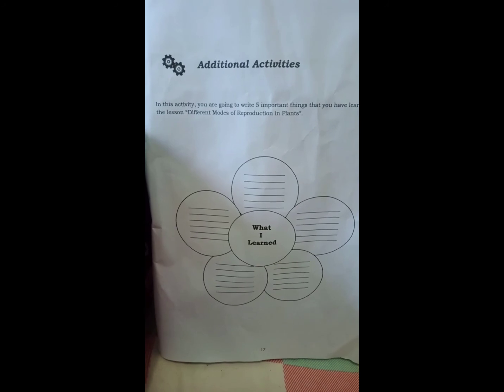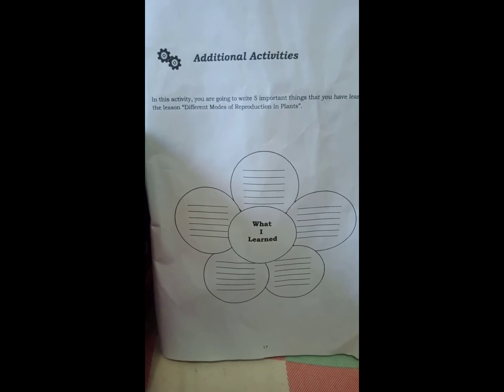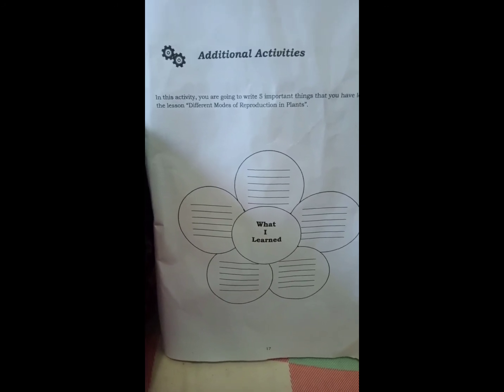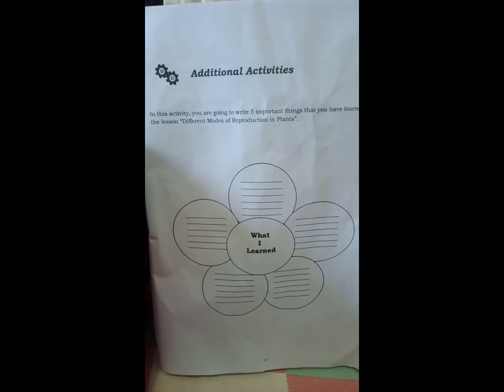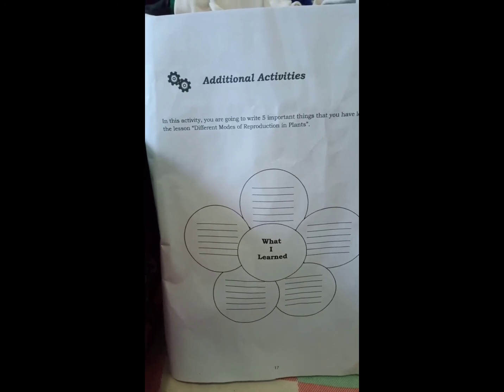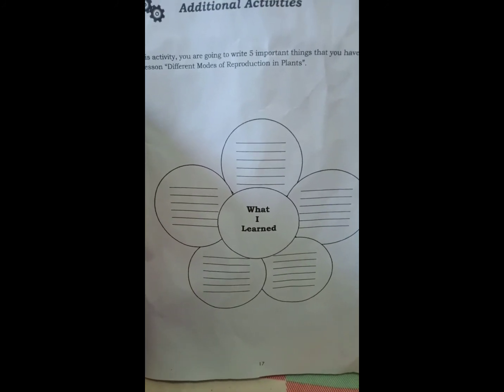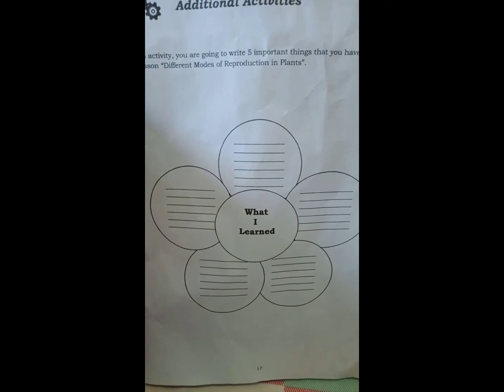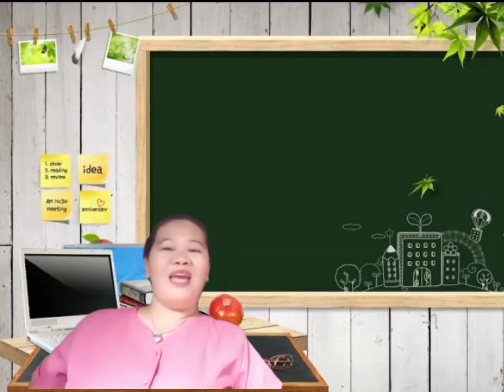So, this time, kids, we have additional activities. Kids, are you still there? Because I'm still here. Now, in this activity, you are going to write 5 important things that you have learned from the lesson, different modes of reproduction in plants. Now, at the center, write what I learned, and write your answer provided. Okay? So, good luck, kids. Enjoy and have fun in learning. Okay, so kids, my dear learners,